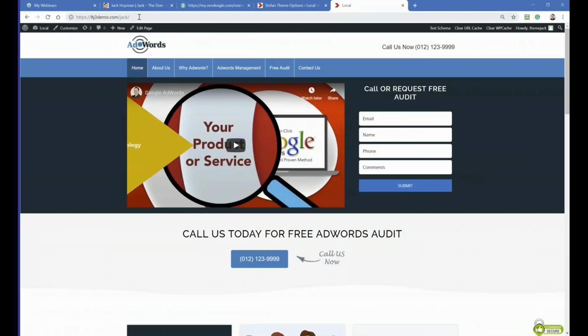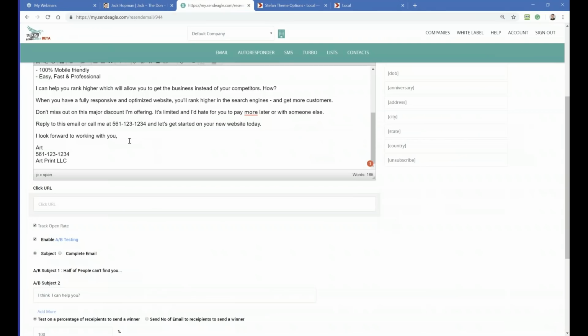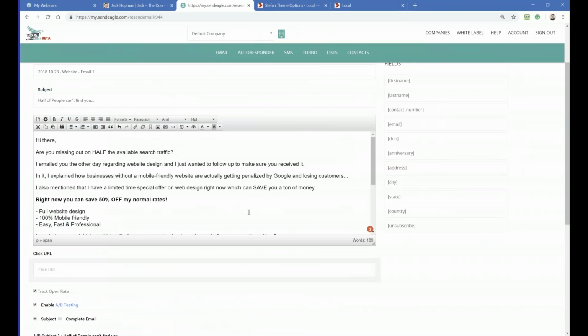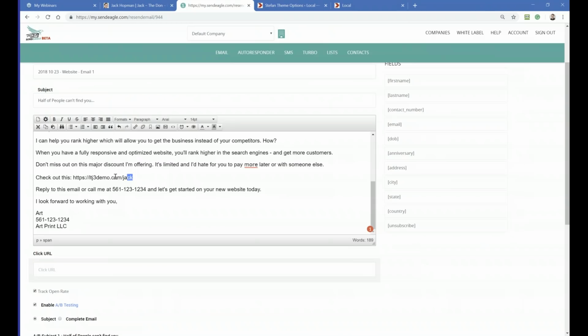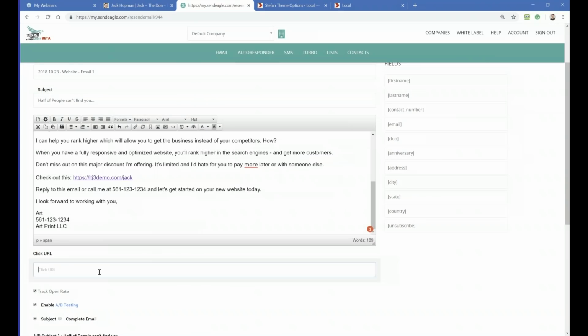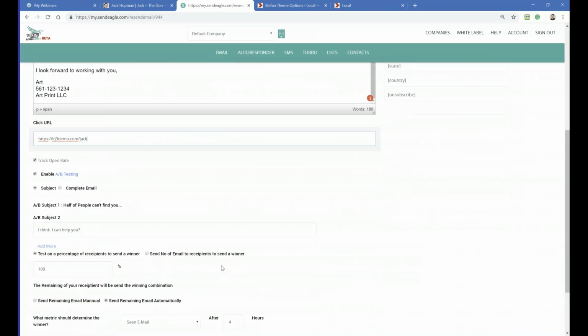Let's say this is my client getting website. Okay, I prepare that. And then reply to this email or call me. Okay, so check out this. Okay, and then you create a link from that. Create a link from that by this symbol, and use that as tracking URL. Okay,